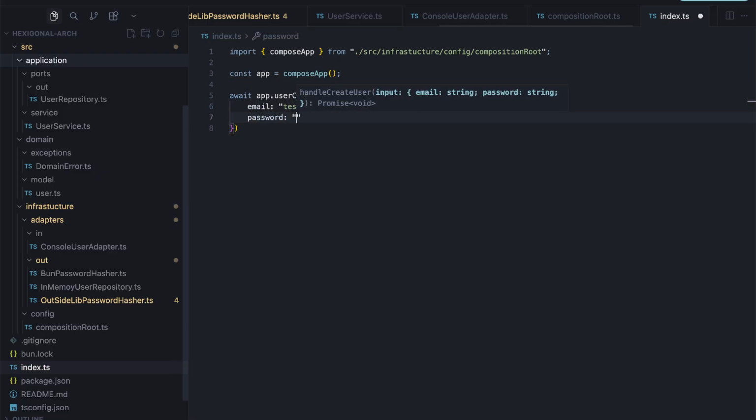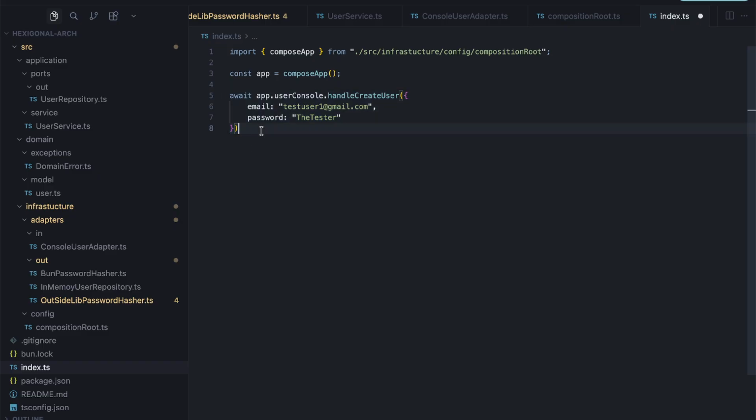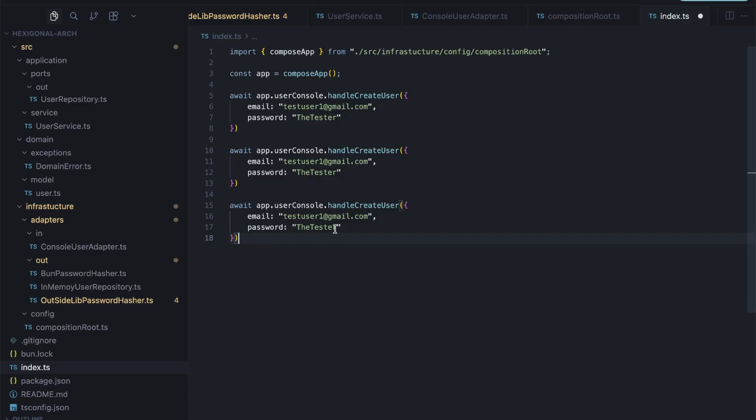The password is the right, and then try to create a user with the same email, and let's create another user with an invalid password, and then let's create another user. Here we have 3 users. Okay, we're gonna have these 2 users at this point, and one is a duplicate user,